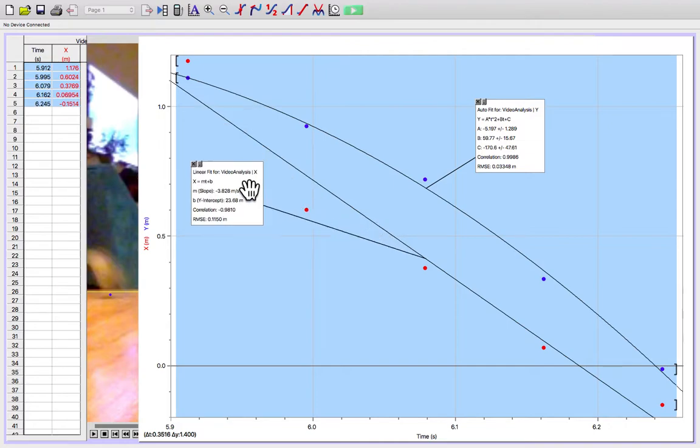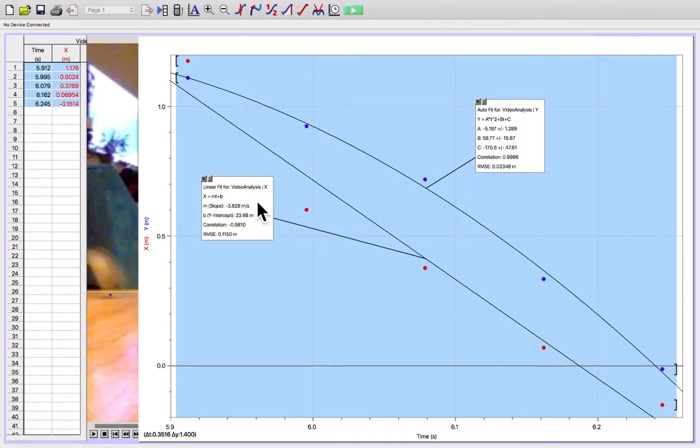And for this one, I get a linear fit. It's not quite as good a quality of a fit, but that's okay. It may be partially because I couldn't see it as well. I hit it too hard. Yours will probably be better quality than this. But notice I have one line that is curved and one line that is straight. So the blue line, the data with the blue dots, shows accelerated motion. The data that is correlated with the red dots shows instead constant velocity. Then the next thing